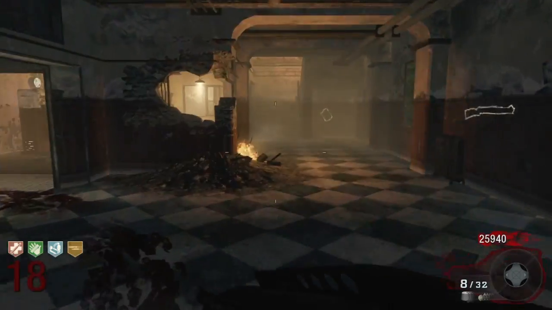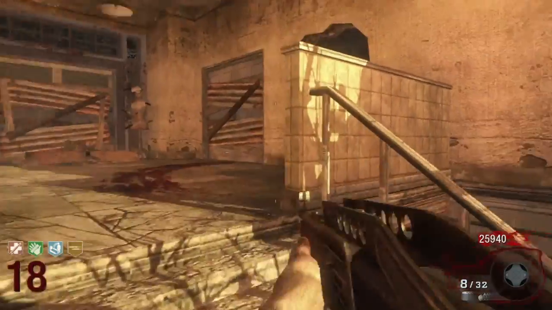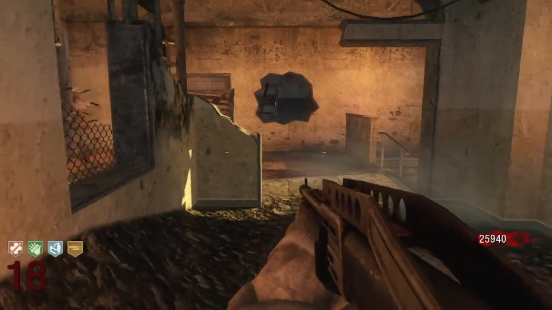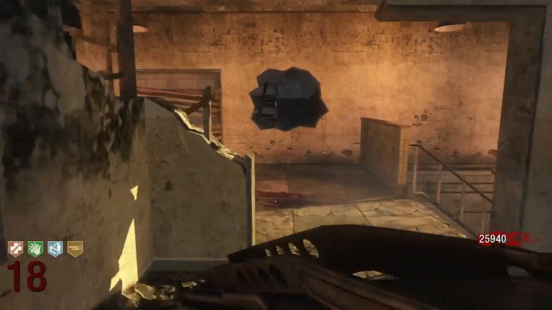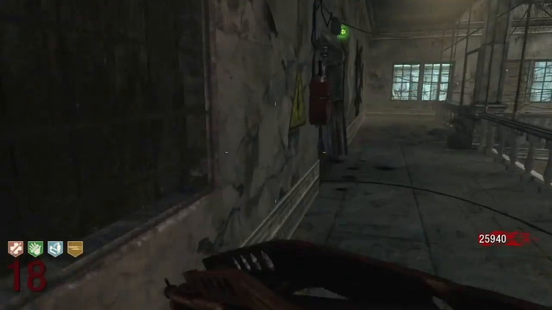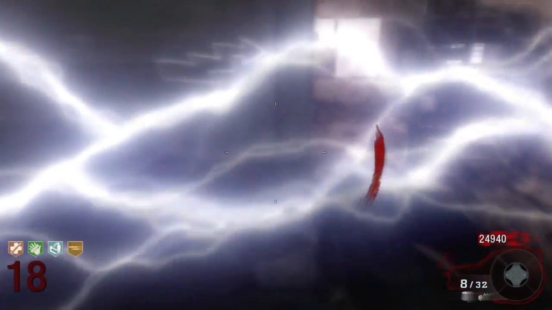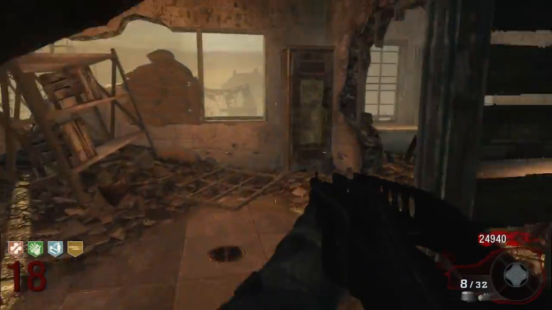See, I got the Spaz now. When you're going up these stairwells, definitely keep the shotgun out. If you got the dude with Mule Kick, it's going to make everything so much easier. Actually, I would buy Mule Kick instead of Double Tap. I bought Double Tap just to basically buy it, but definitely with Mule Kick, you can have an advantage because